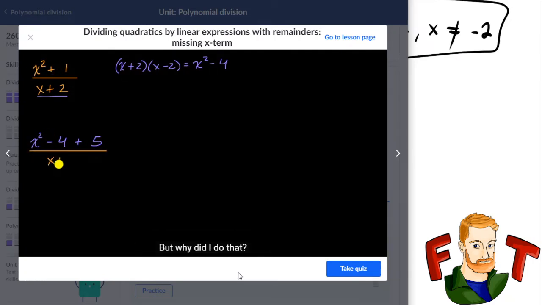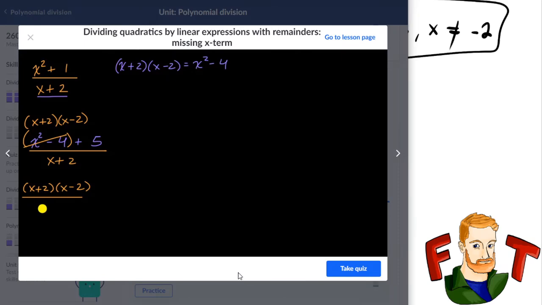But why did I do that? Well, now I can write x squared minus 4 as x plus 2 times x minus 2. And so then I can rewrite this entire expression as x plus 2 times x minus 2, all of that over x plus 2, plus 5 over x plus 2. And now as long as x does not equal negative 2, then we can divide the numerator and the denominator